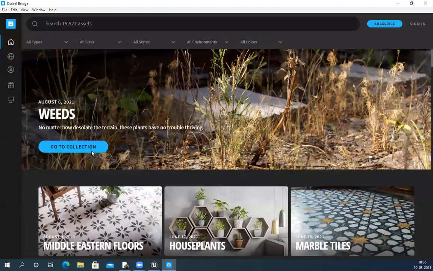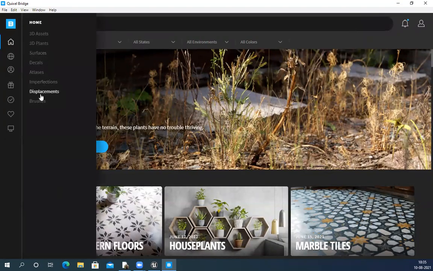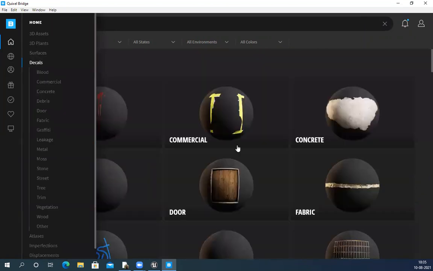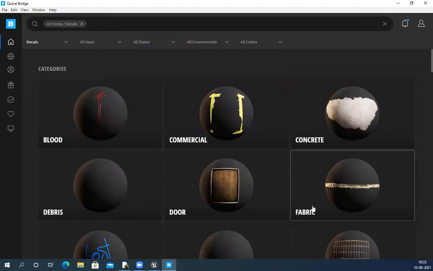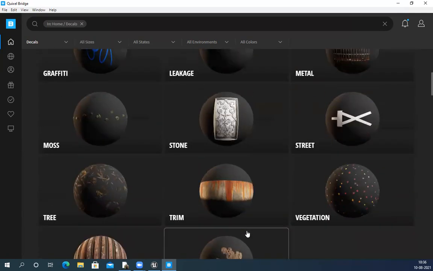Logged in. So go to Bridge, and then you have all these surfaces. There's something called decals. These decals are basically alpha textures, and I can use them directly in Unreal. They can project on any surface, irrespective of the shape. You don't need UVs, you do not need anything. You just need a plane, a shape, and you can project this texture on that very easily.